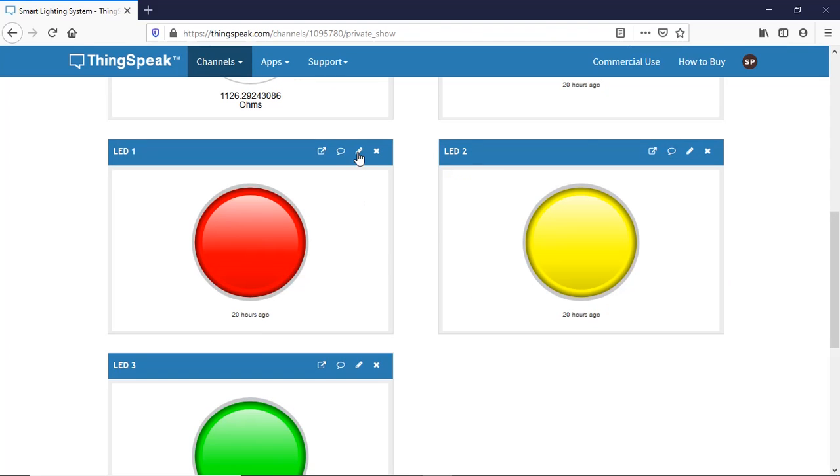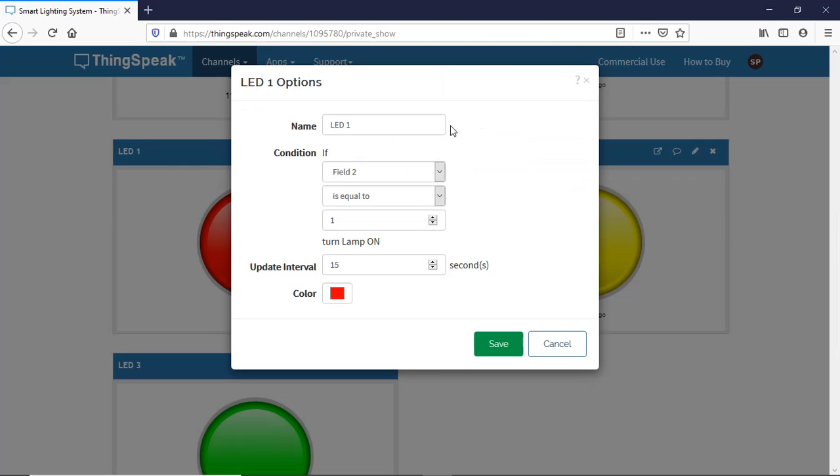Now we have an LED setup. I'll show you one of them. In the name field, you give the LED. I've given this the first LED. So it's the LED 1. So field 2, there's a condition here. You can directly put the field 1's condition and make the LEDs blink, or else you can use another field, and give a specific value from the program itself. Once the value is given to the cloud, it assesses the condition and then decides to turn the lamp on or off. So now we set the field as 2 for the first LED.